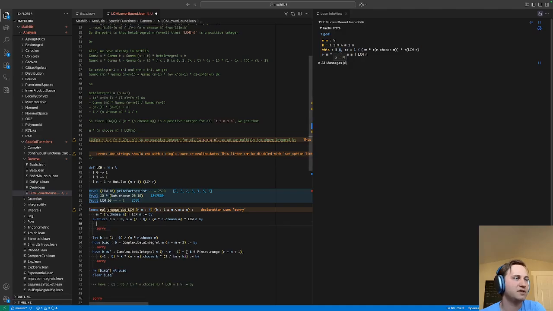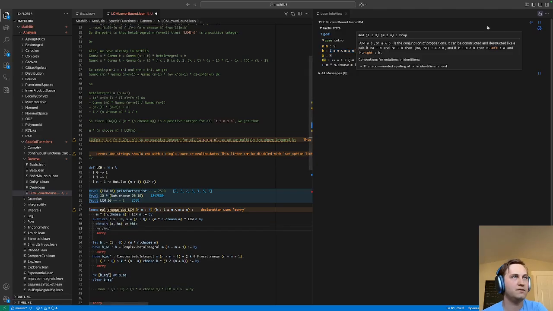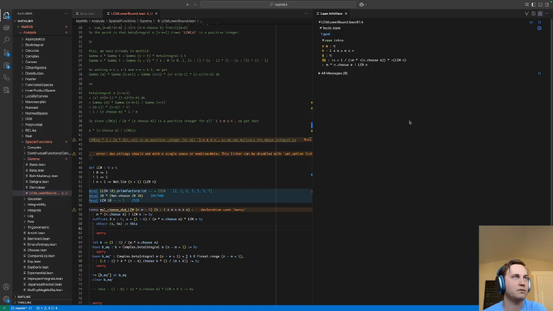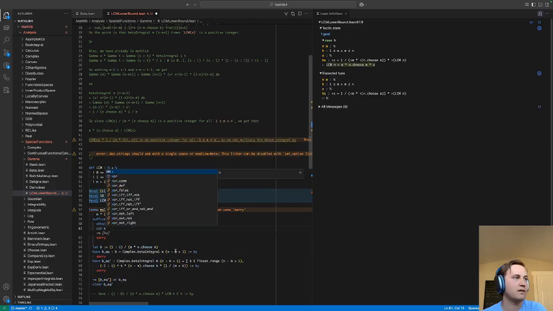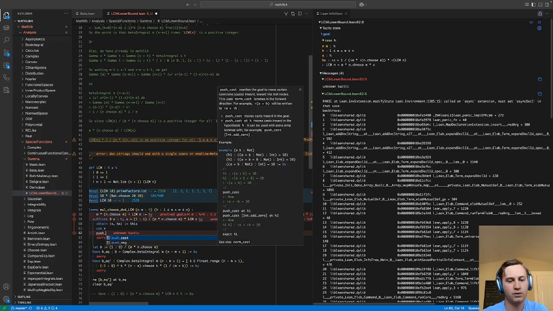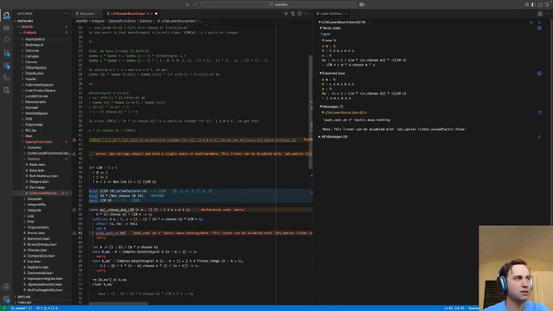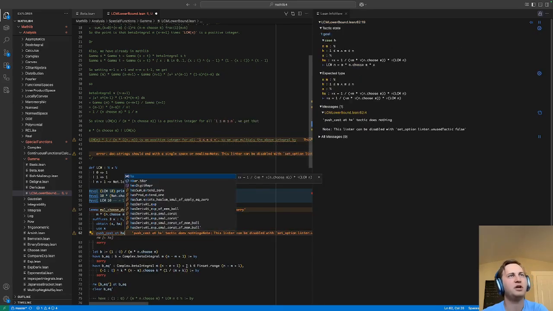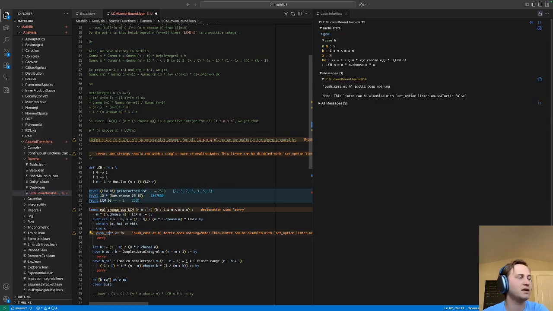Right. The point is I obtain and I use x. X is a natural. Are these naturals? These are naturals, right? Use x. Can I push cast? Is it push cast? Push cast at hx? Okay, maybe what I want to do is queify the rest of it. So can I queify